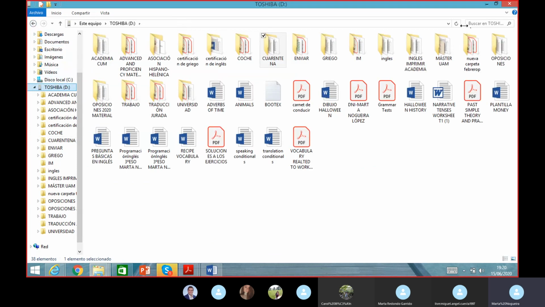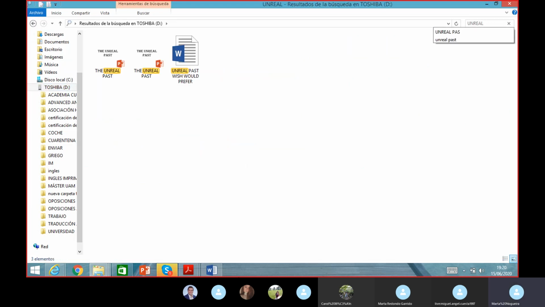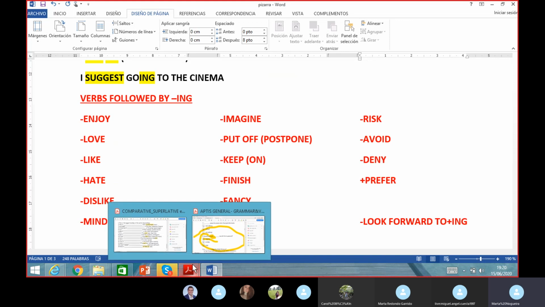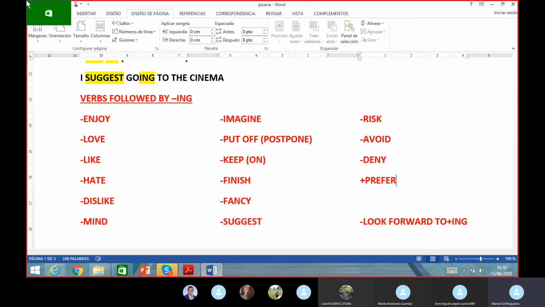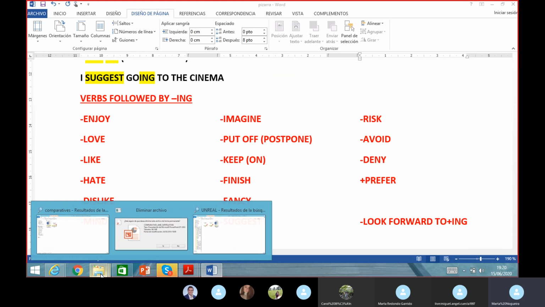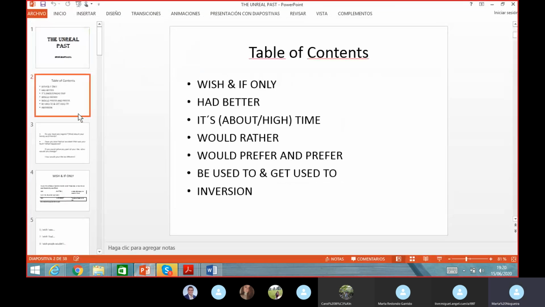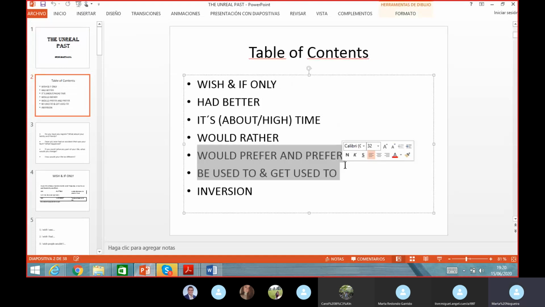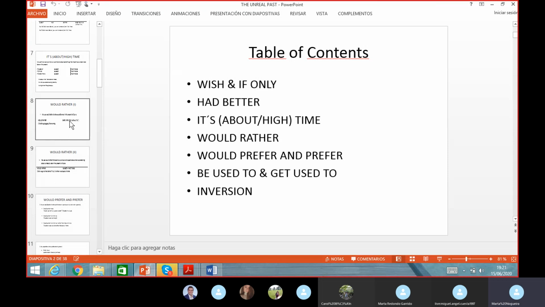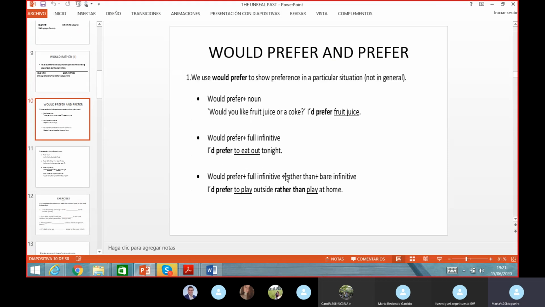Tengo un PowerPoint, ya vamos a acabar hoy. Todavía no, pero quiero decir, chicos, que no vamos a practicar esto, ¿vale? Eso lo dejo para el próximo día, me lo voy a apuntar. ING. Con vosotros tengo que hacer la ficha de esto. El prefer es más difícil, no creo que entre. Porque prefer lo tenemos aquí.